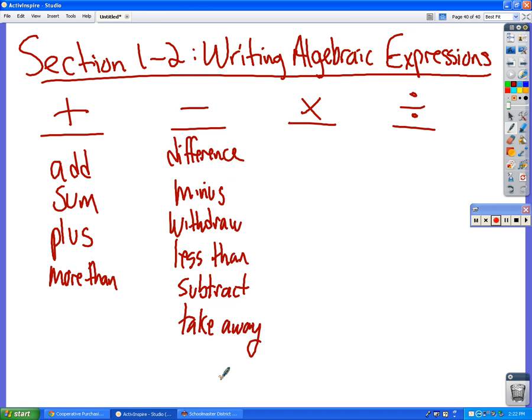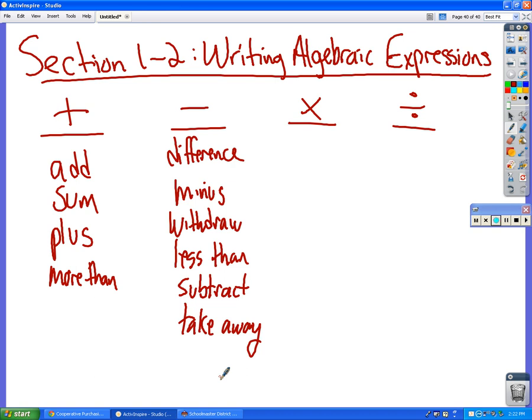Okay, so that's a pretty good list there. So difference. The difference between 2 numbers is 7, so you would go A minus B is 7. Minus obviously means subtract. Withdraw means you're taking things away. Less than, subtract, or take away. All right? Awesome. How about